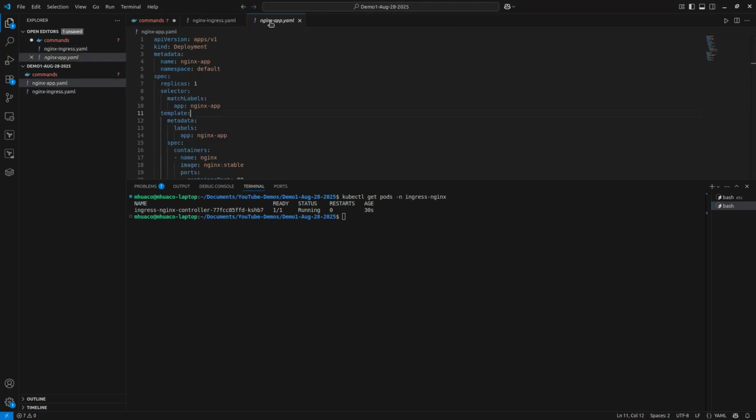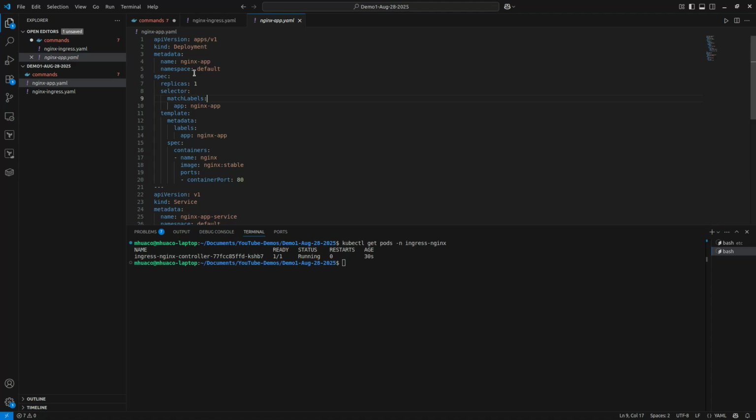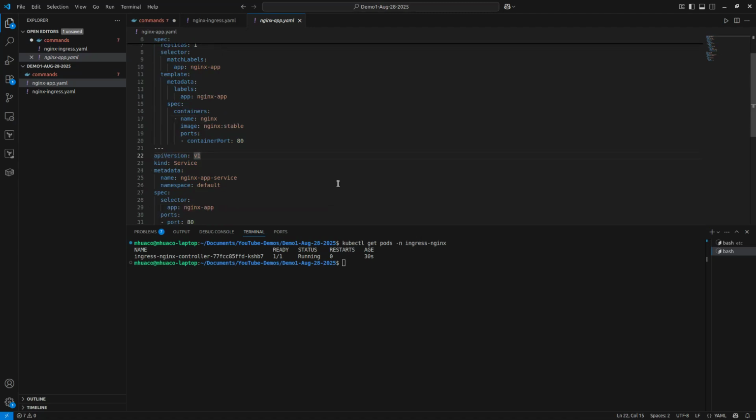So here is the NGINX web server. You can see here, this is the, where's the image? Okay, here we go. Here's the container, here's the image, stable. So this is the web server deployment, and below here is the service. Now we're going to go back